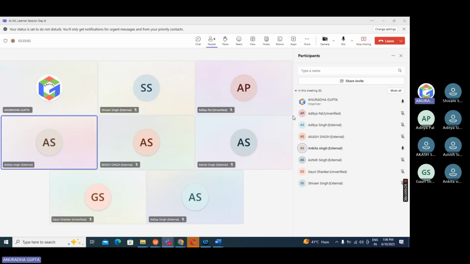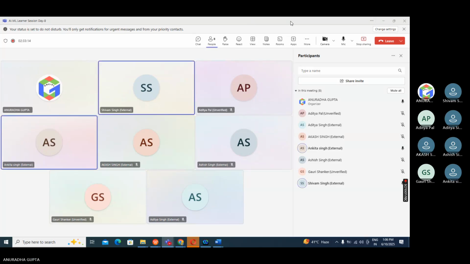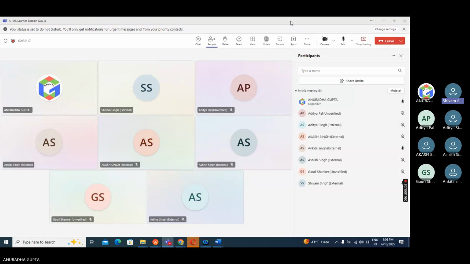Okay, so make a group of yourselves as per your convenience. Okay, sir. I think it's better to perform this in a group. Okay, so make a group right now here and put that group detail in the chat.